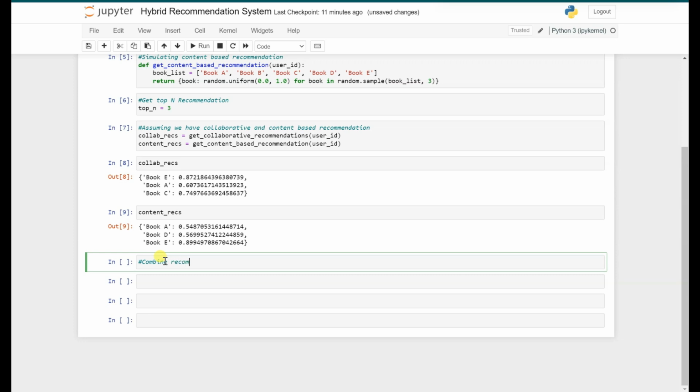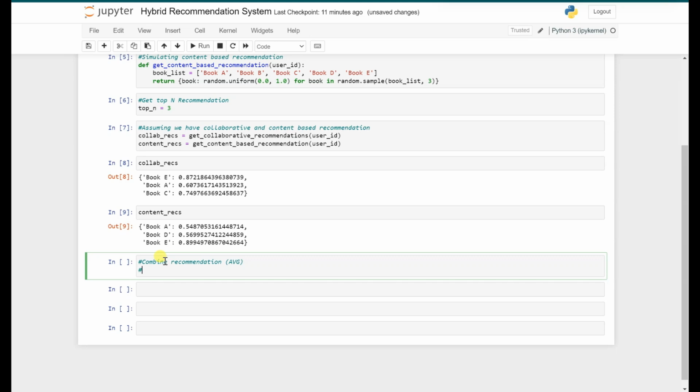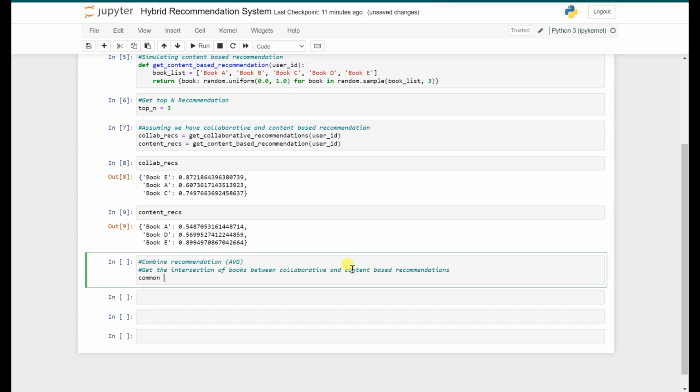Combine recommendation. So what we can do is get the intersection of books from collaborative and content based recommendation. So common books equal to set of collaborative dot keys dot intersection